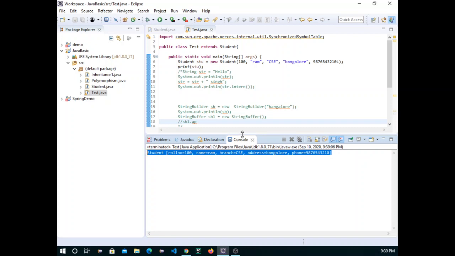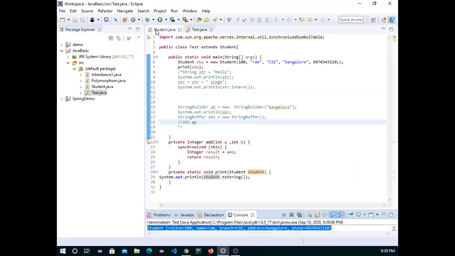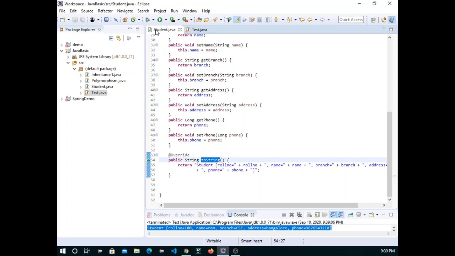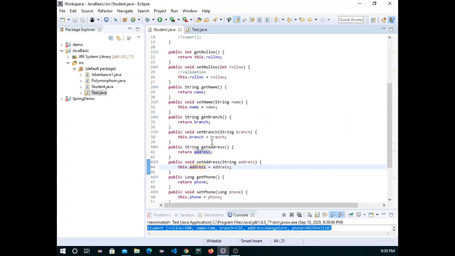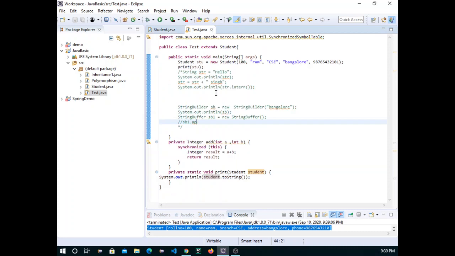So that's why it is advised that if you are going to write a model, basically this is one entity that is being used, getter, setter, constructor and toString are the basics. Apart from that, if you want to add validation, you can put that validation. If you don't want to use it, you should still use getter and setter methods.